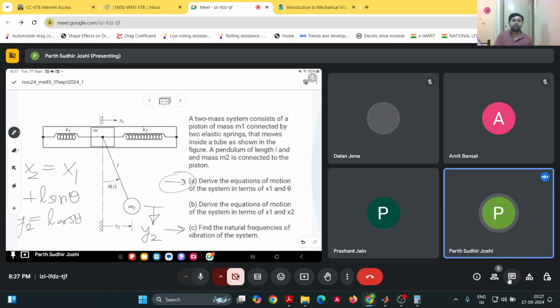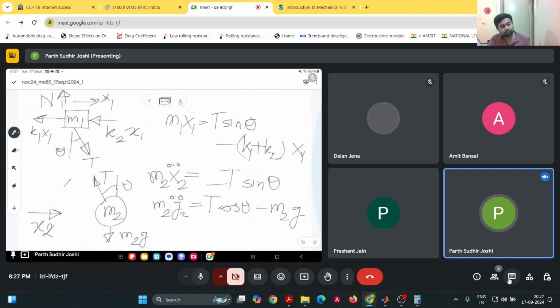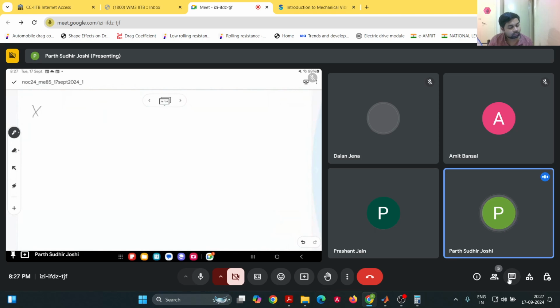So y2 will be same as L cos theta. Then x2 double dot will be x1 double dot minus... So to solve this equation, we also need to consider these equations and differentiate them with respect to time. So that is also important. So x2 is x1 plus